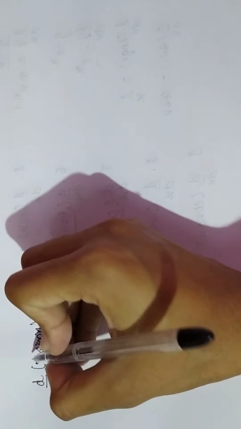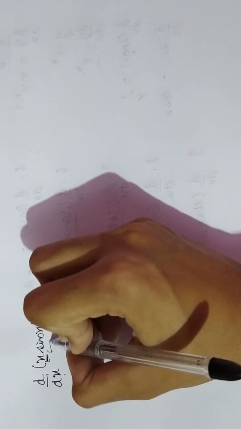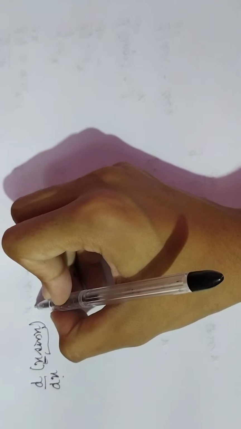we are given, let us see the differentiation of, we have to find d by dx of, we can say, x sin x. Okay, this is, we can say, we are given two functions of x. The first one is x and the second one is sin x. Okay, so how will we find this?